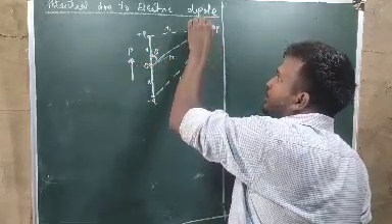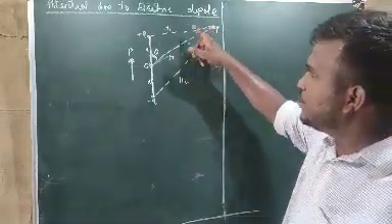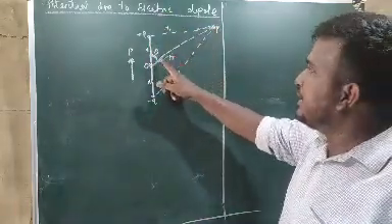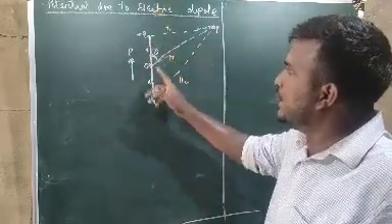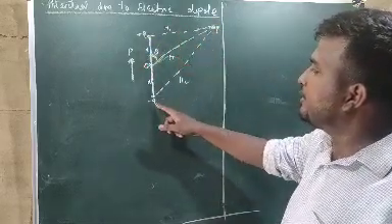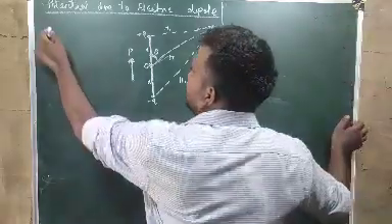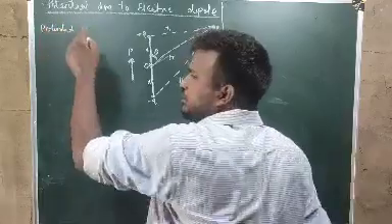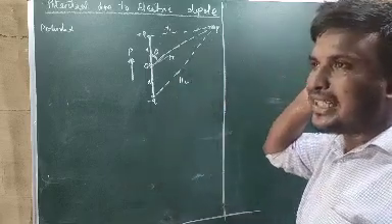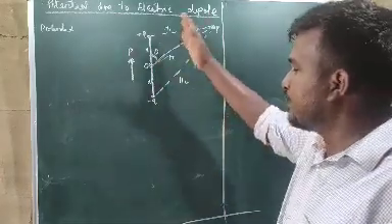We want to determine the electric potential at the point P due to this dipole. From the center of the dipole, the distance is R, and this distance makes an angle theta with the dipole. The distance from plus Q up to the point P is R1, and similarly from minus Q to P will be R2. Now, how will we calculate the potential? We'll first calculate the potential due to plus Q at the point P and the potential due to minus Q at the point P. Then according to the superposition principle, we'll add them and obviously get the electric potential due to the dipole at this point.